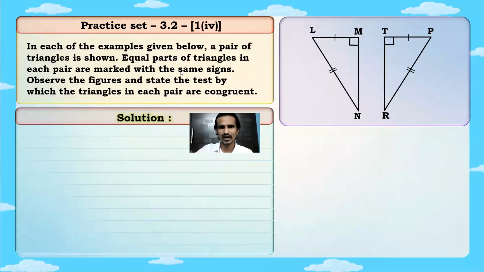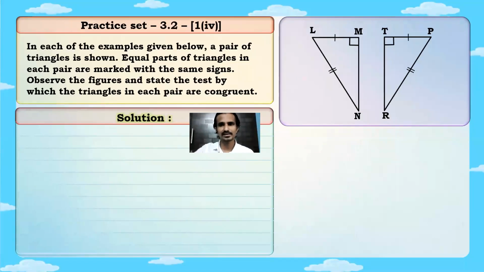Okay, so most of you have answered me, and all of you are saying it is hypotenuse side test. See, the moment we see right angle triangle, our first priority is hypotenuse side test. But remember, you can't blindly say it's a hypotenuse side test. आपको पहले check करना पड़ेगा. First condition, right angle triangle तो होना चाहिए. Second condition, the hypotenuse must be equal.